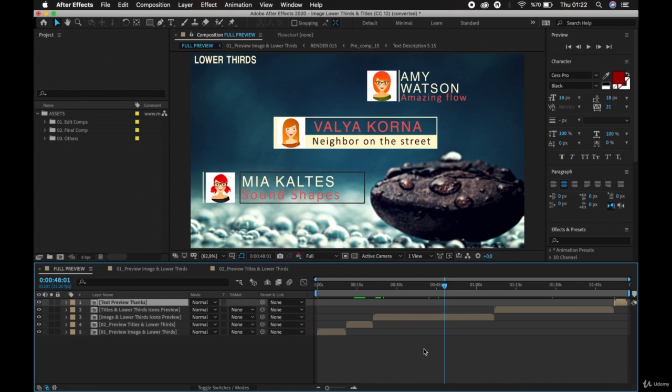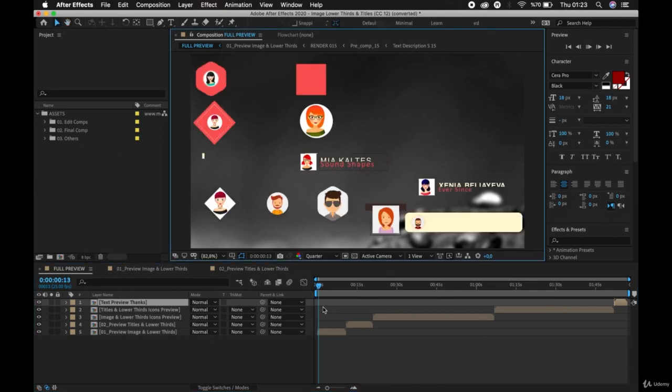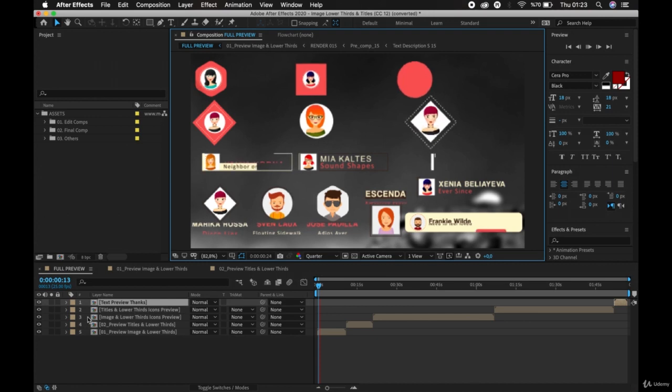So the first thing I want to draw your attention to is the timeline panel across the top here. So we can see this composition is 2 minutes long, and below this, we only have 5 layers. Now, if I drag my time indicator to the start and press the space bar to activate the preview, we can see that there are lots of things happening in the composition visually, but there are only 5 layers in